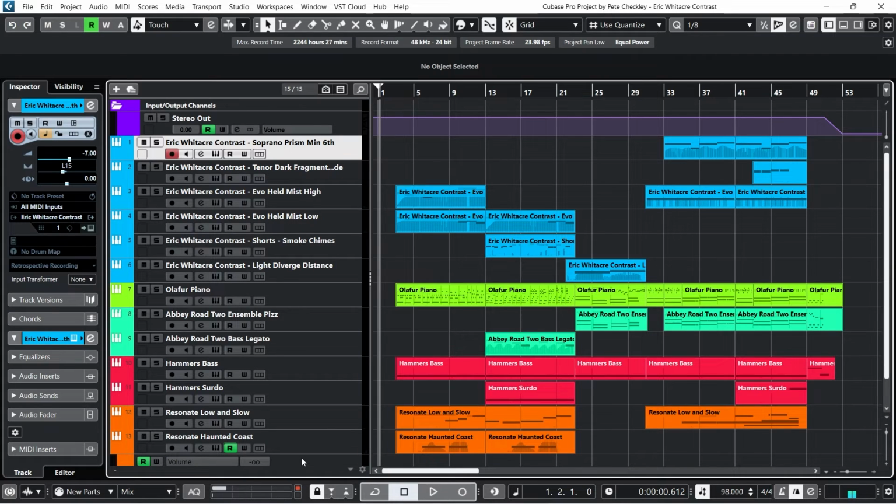Resonate, again, is one of my favourite, not only textural libraries, but percussion libraries. So I've used it in 2 ways. One is to create a texture, a sound, an extra dimension, and then I've used some, for want of a better word, percussion one-shots. Anyway, it all started off with the vocals, and of course, the only vocals you hear in this composition is the Eric Whitacre vocals. Now, if I press play,